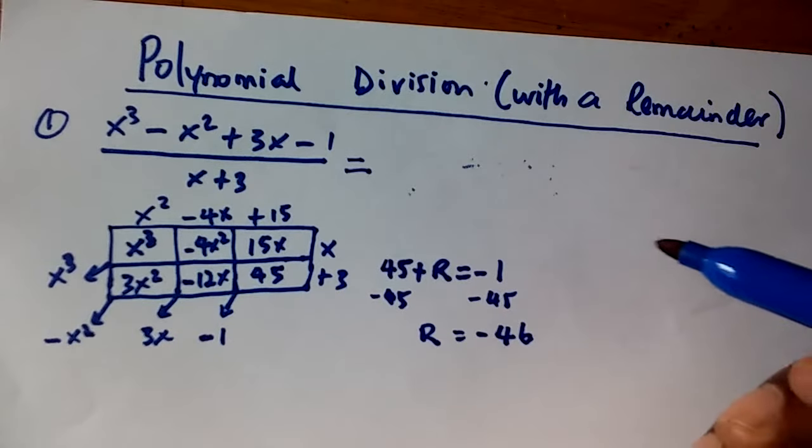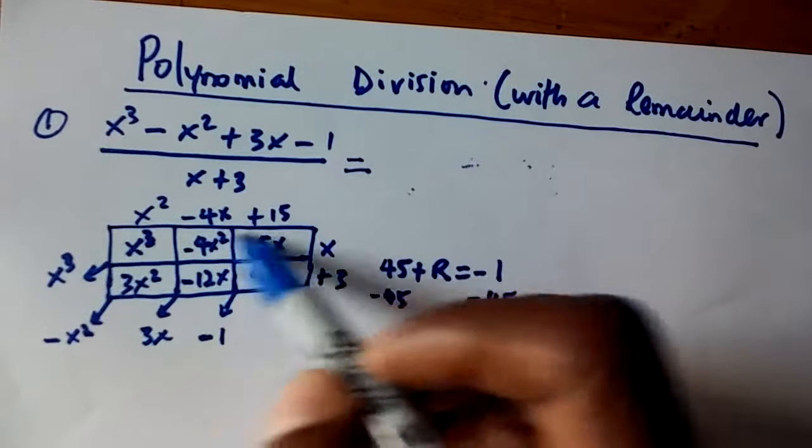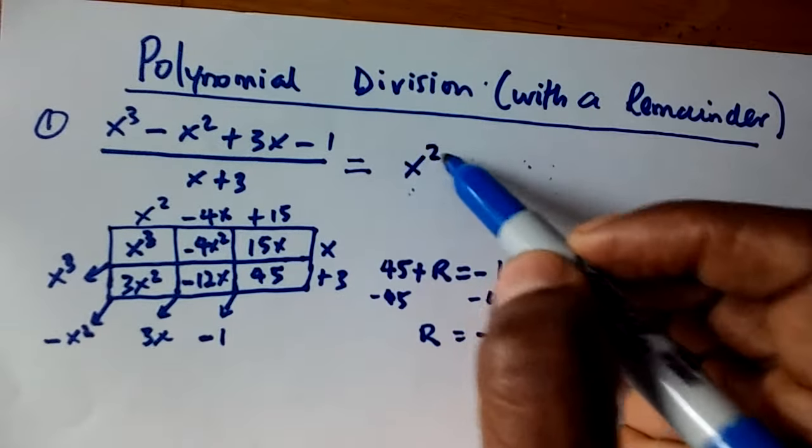So we're going to write our answer this way. We write this quotient up here, x squared minus